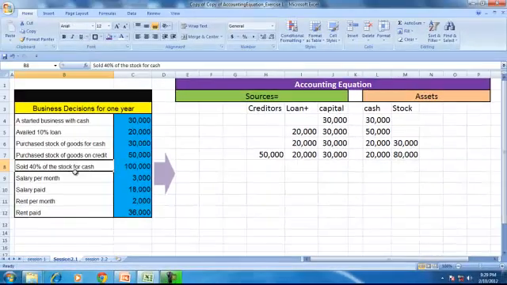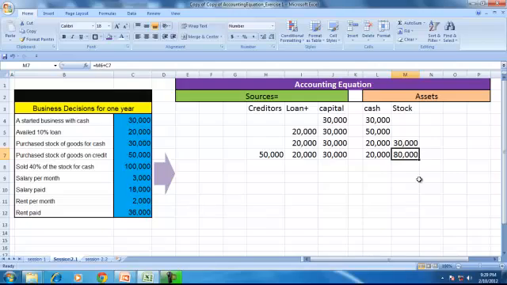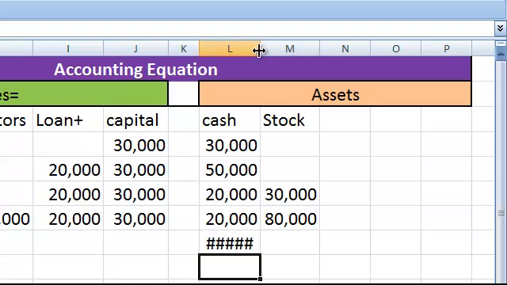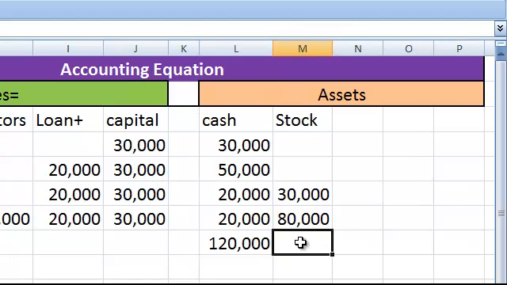Then you are selling goods, 40% of the stock. You have 80,000 stock. You're selling 40% of the stock for cash. So cash goes up to 120,000, but the stock is reduced to 60% of it, reduced by 40%. Okay, so